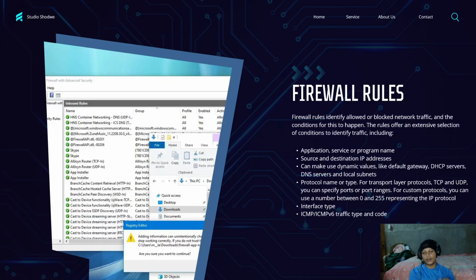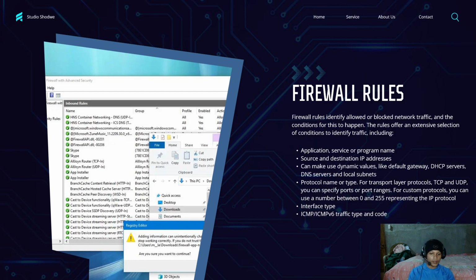And the firewall rules identify allowed or blocked network traffic, and the conditions for this. The rules offer an extensive selection of conditions to identify traffic, including application, service or program name, source and destination IP addresses, which can make use of dynamic values like default gateway, DHCP servers, DNS servers, and local subnets, and protocol name or type.